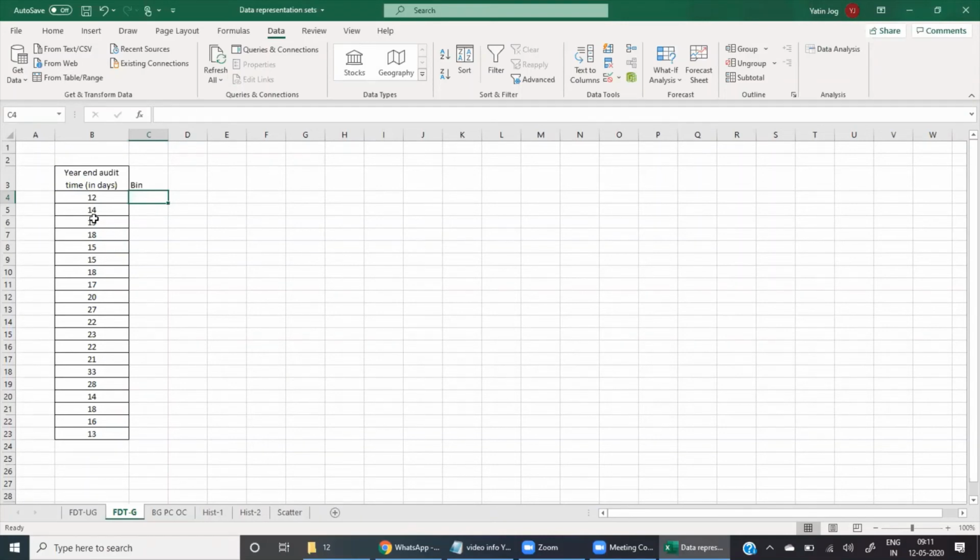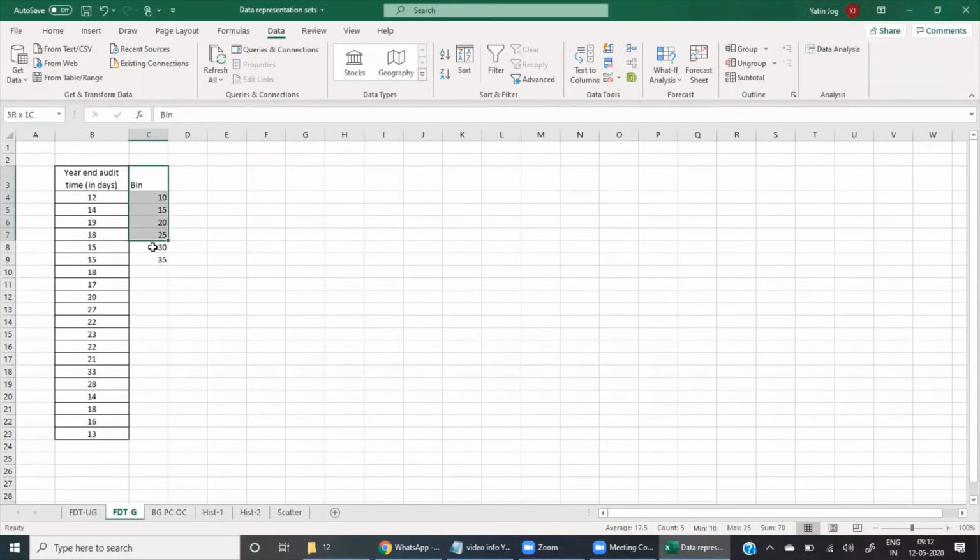So apart from the actual data values, I also have to give the bin ranges. I'll give the bin range as 10, 15, 20, 25, and 30. Suppose 35 also, if there is any. Yes, 33 is there. So these become my bin ranges. My first bin ends at 10. My second bin ends at 15. Indirectly, I'm telling that my second class interval is 10 to 15. My third class interval is 15 to 20, and so on. So these are my bin endpoints, bin ranges.